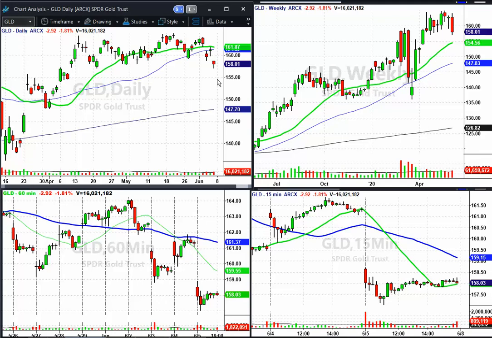Okay, so typically if it breaks that, I'll just get out. If it comes down to 150, I'll revisit it, get in again if the conditions look good. Or if it takes me out, turns right around, starts to go up, then I'll look to get in and establish that new pivot as a stop.